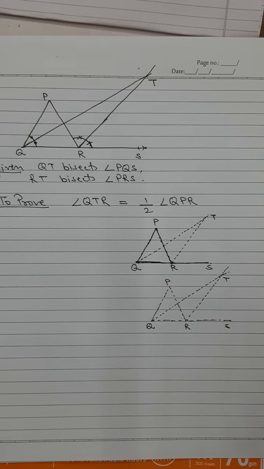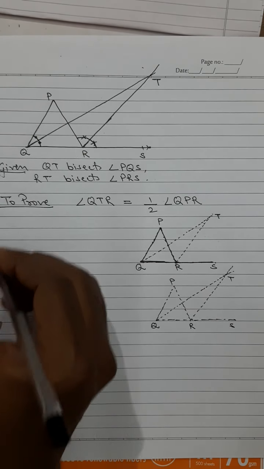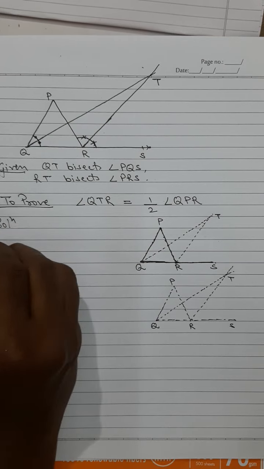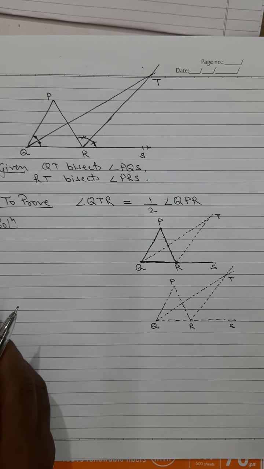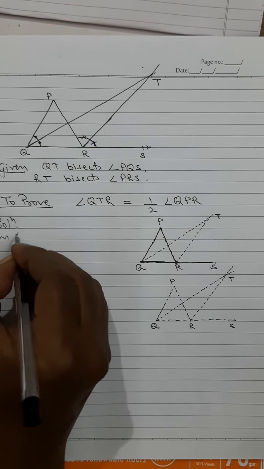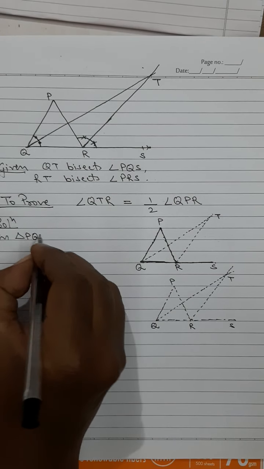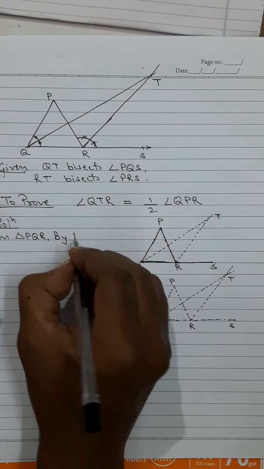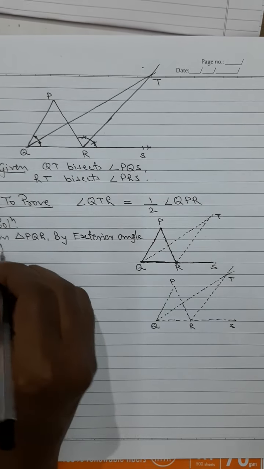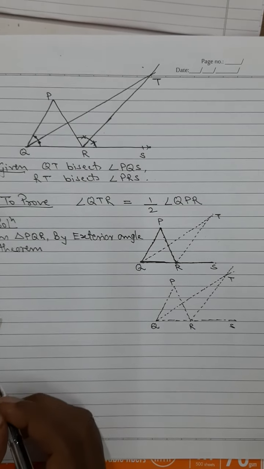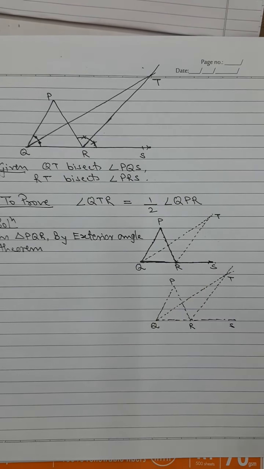See, when this is the condition, here I've started my solution. It becomes so easy once you have understood this. My dear students, sometimes it happens that you have to set your eyes. That's the only thing. See here, in triangle PQR by exterior angle theorem, I love this theorem like anything. I hope now at least you must have understood this. If I trace this, by now I think you should be able to realize what the equation is.